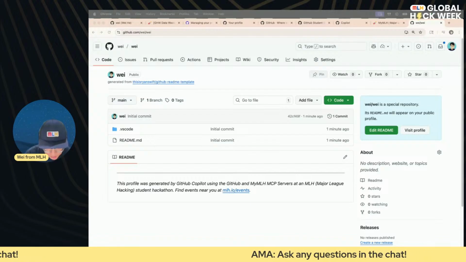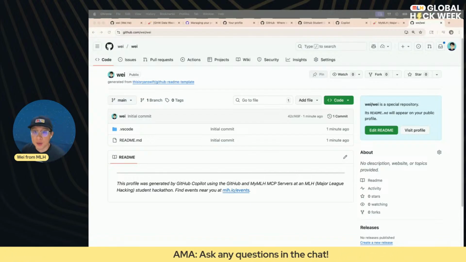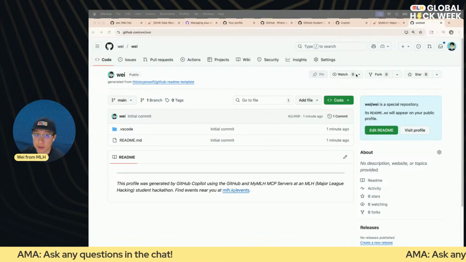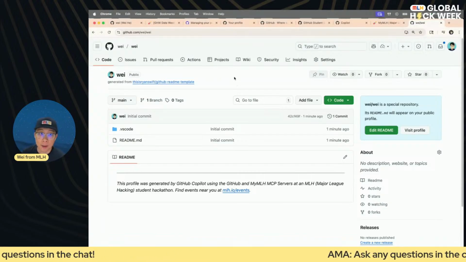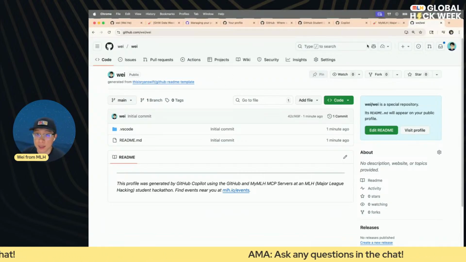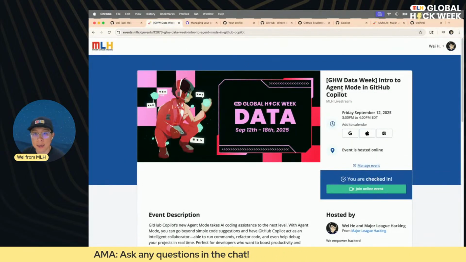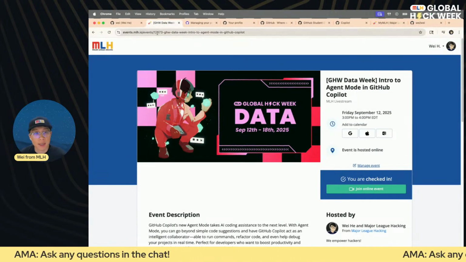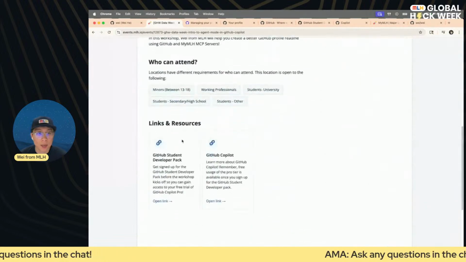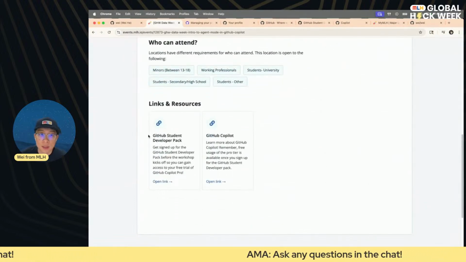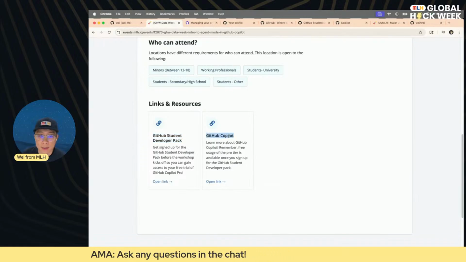Now, before we continue, I just want to make sure everyone has access to GitHub Student Developer Pack and Copilot Pro that comes with the GitHub Student Developer Pack. If you go to this event right here, this is the checking link I shared earlier, and scroll to the bottom, you'll see two links. You'll see GitHub Student Developer Pack link and a GitHub Copilot link.